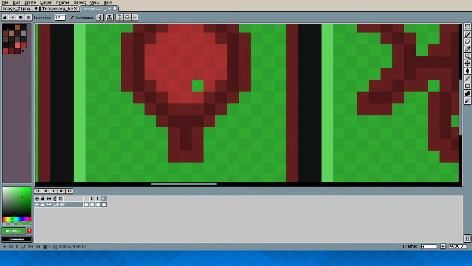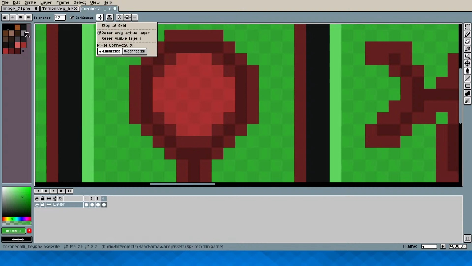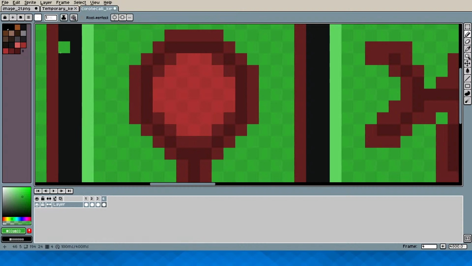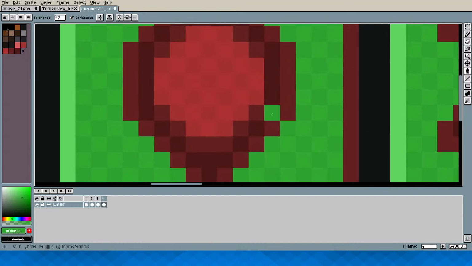So, oh. Where's my pattern selection? Hello? Fill tool? Hello? What's going wrong? Whatever. I'll do it manually.